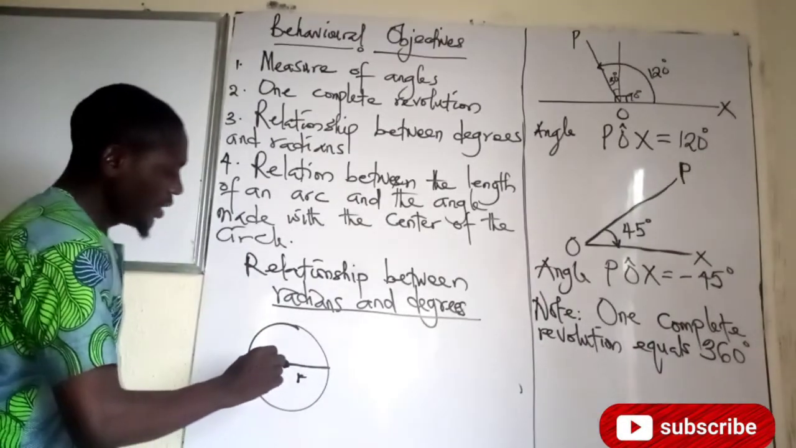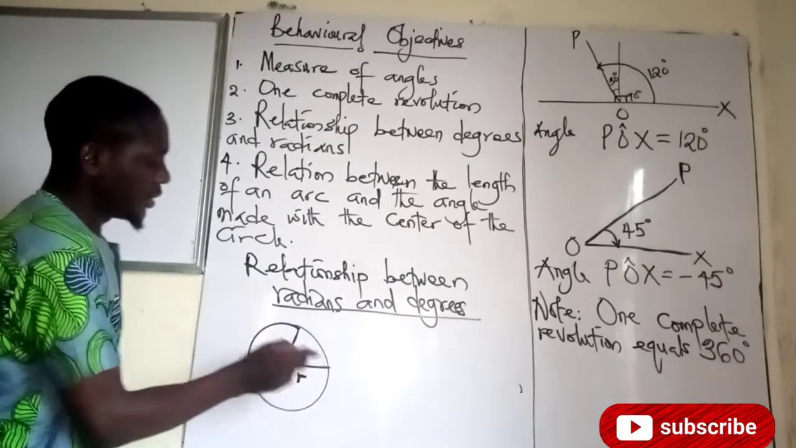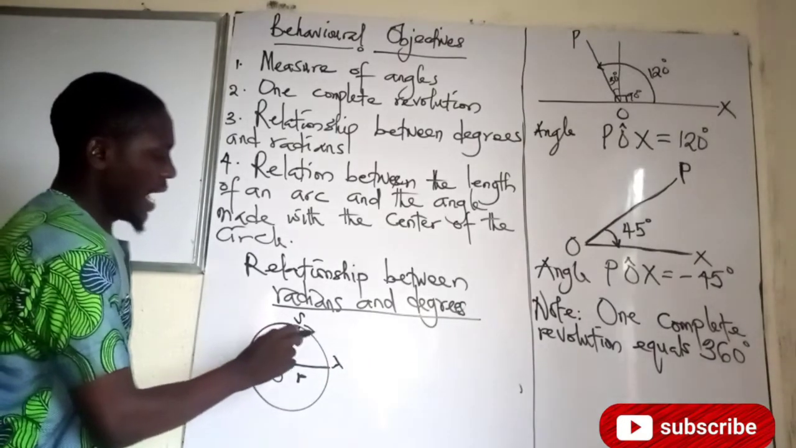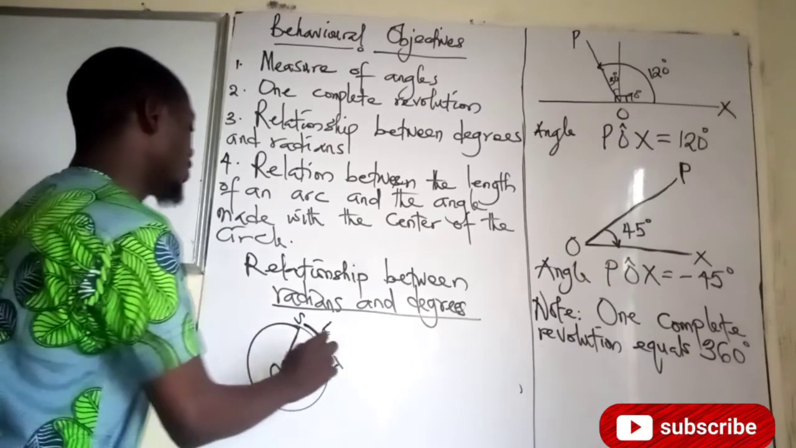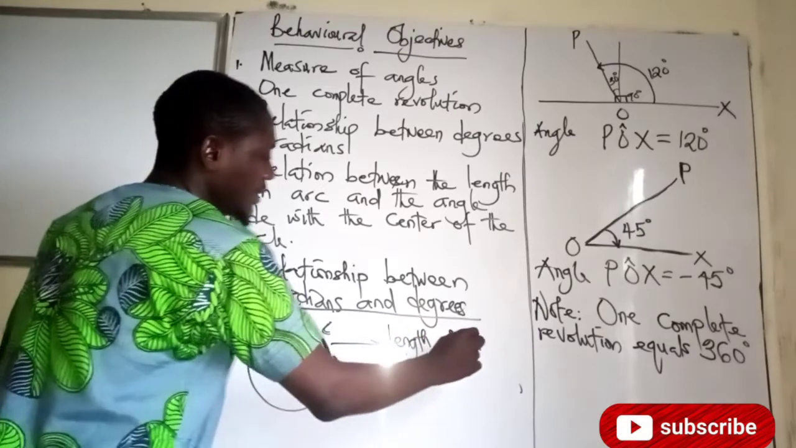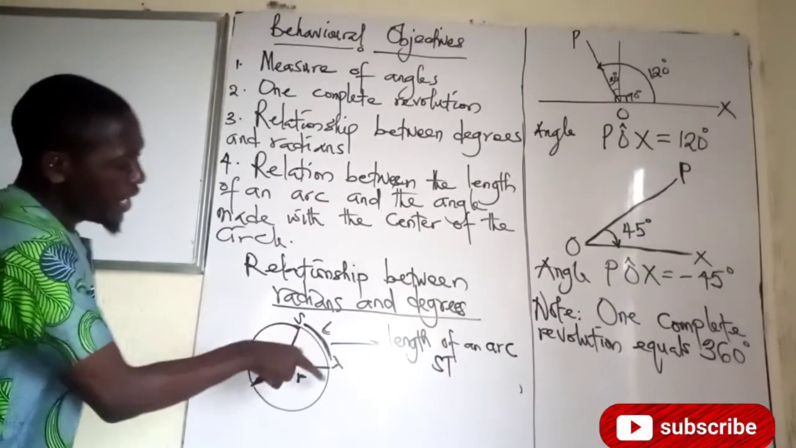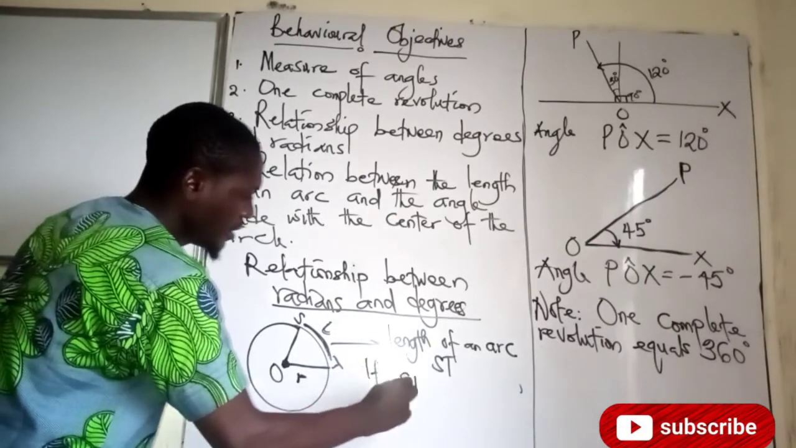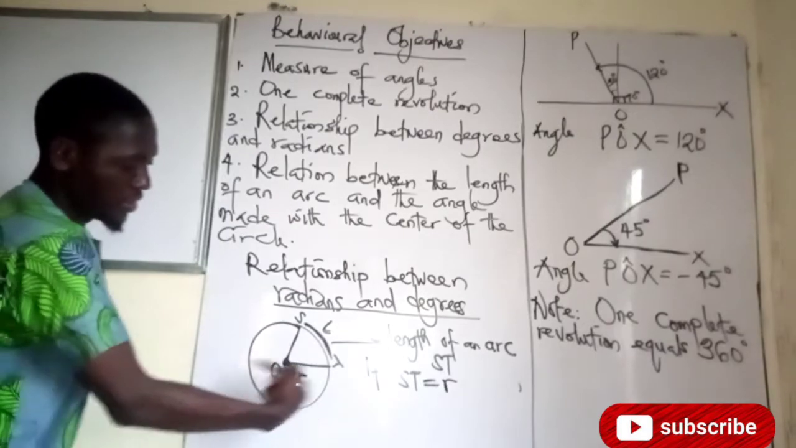Now, this is the radius, this is another line which we can call radius, and this is, let's say, S, T, and this is center O. This line, let's label it L. This L is called the length of an arc ST. Now, if we have this length equal to this radius, if ST equals R, that is, the length of the arc is equal to the radius, the line drawn from the center to the circumference,